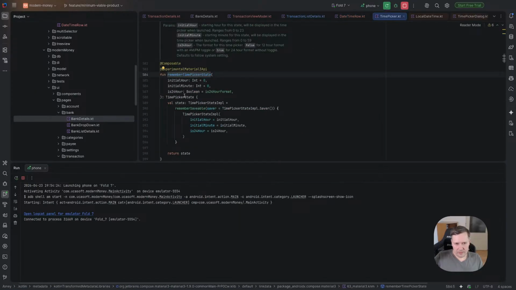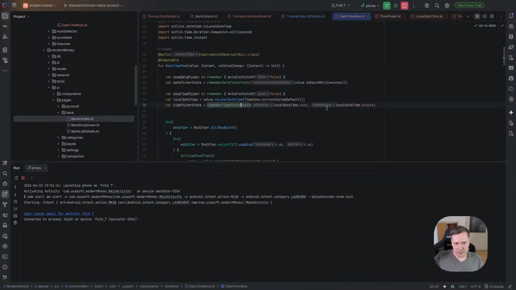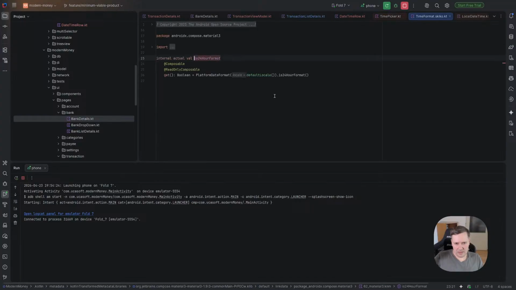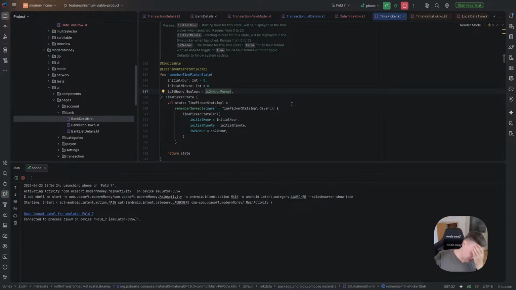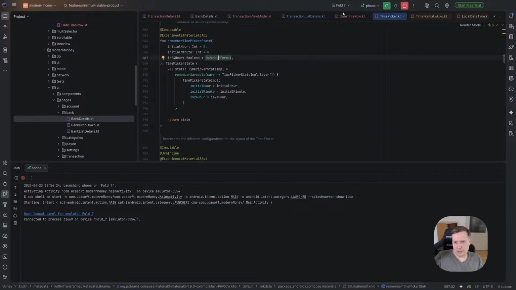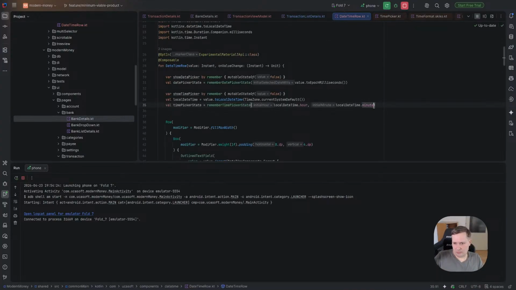So what do we have? Yes, this format is a 24 hours format. Okay, it's taken from the platform. Yeah, I thought so, because in my platform we don't use this 24. Yeah, it's taken, but we can, for example, change it right now just to make sure that it works. So if I choose true and restart it,